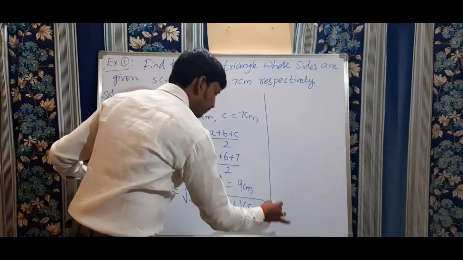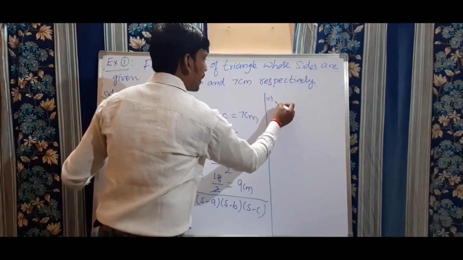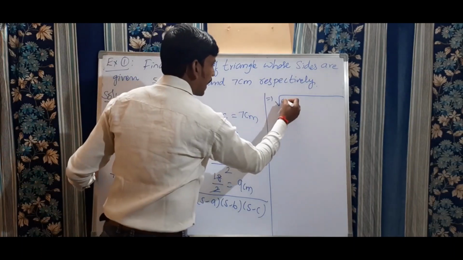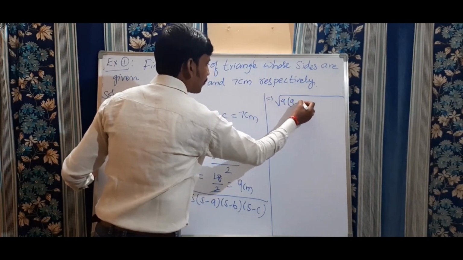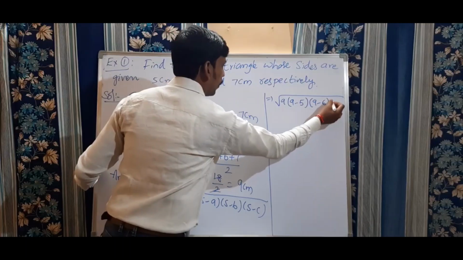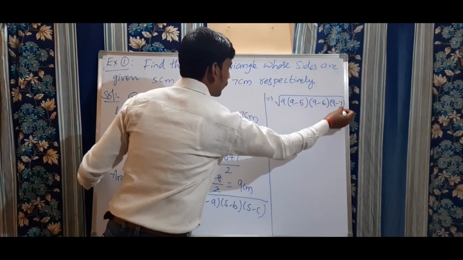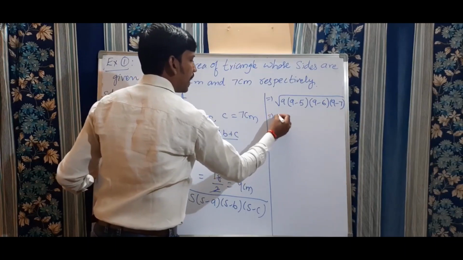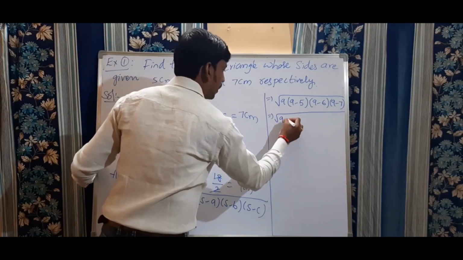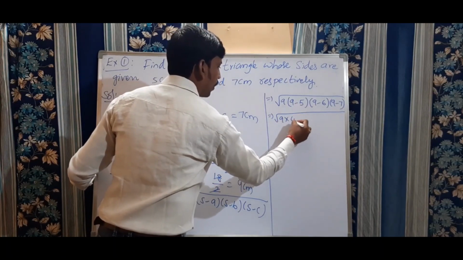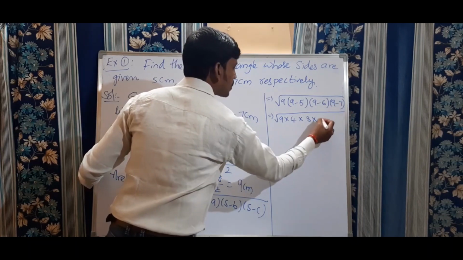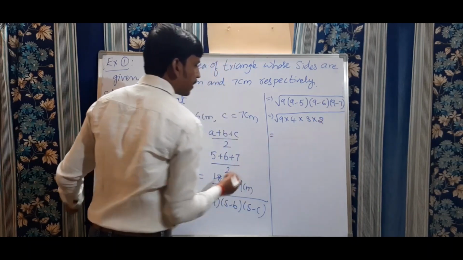Now see this here, which implies under root of, the s value is 9, so 9 into 9 minus 5 into 9 minus 6 into 9 minus 7. Clear, my dears? Which implies under root of 9, then 9 minus 5 is 4 into 9 minus 6 is 3 into 9 minus 7 is 2. Now which implies